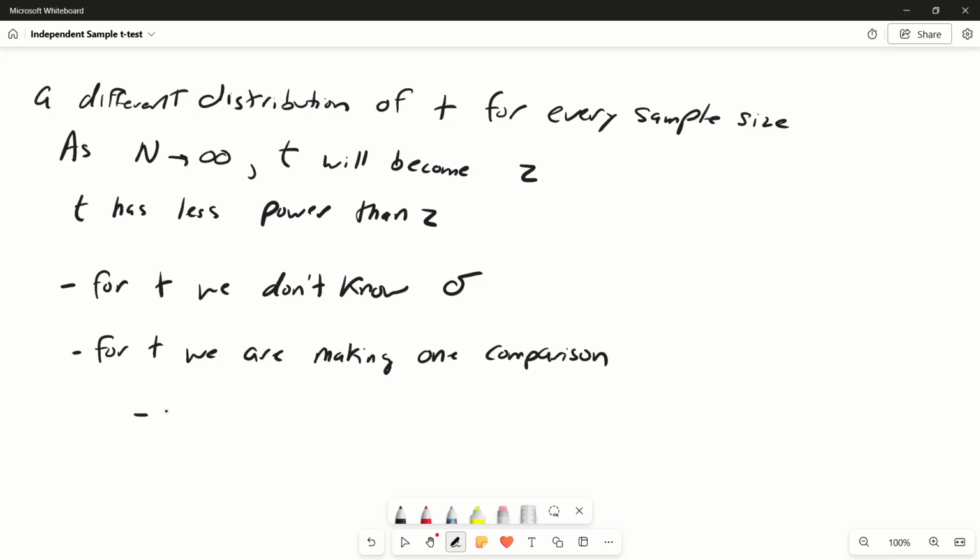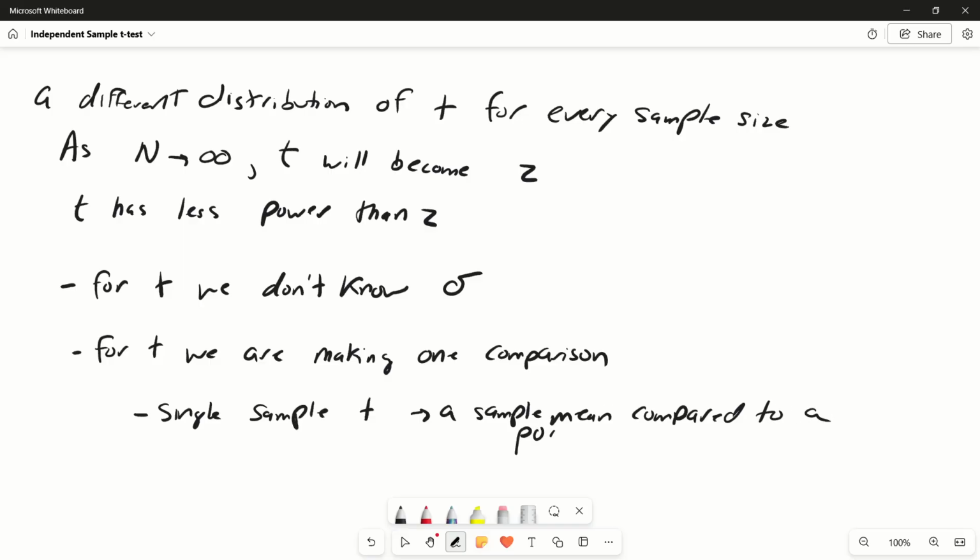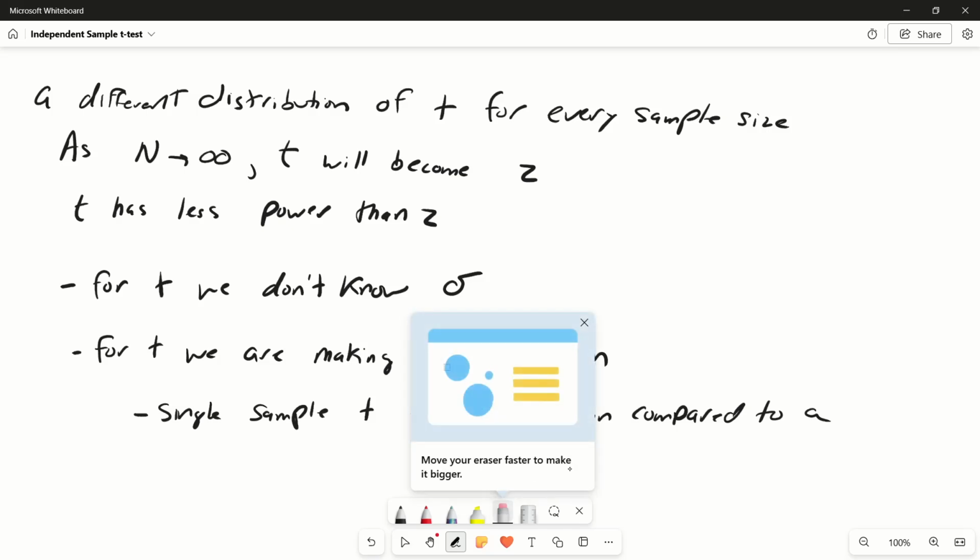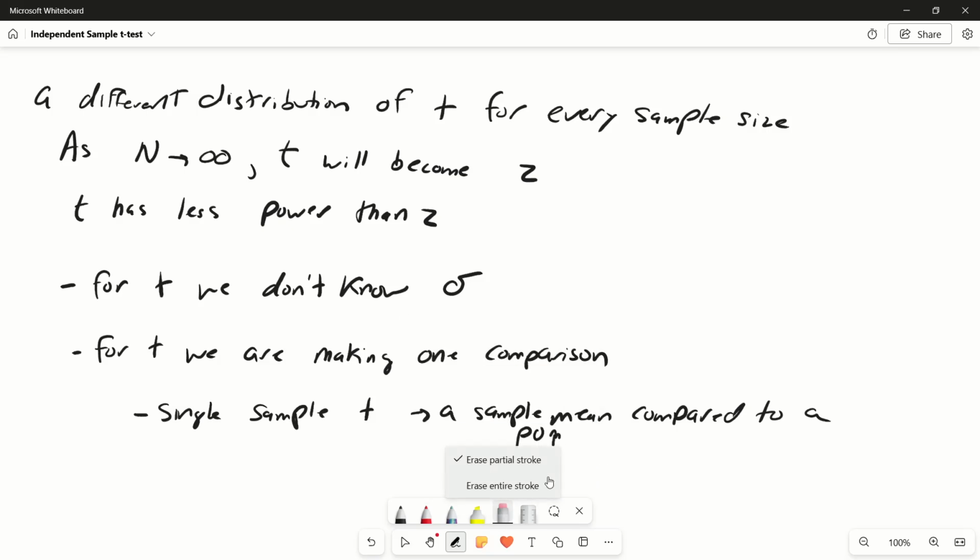So for the single sample, the one sample t, right? This is going to be a sample mean compared to the population mean. So you only have one comparison. That means you're only comparing two things, two groups, or two parameters or statistics to a population mean. So the one sample or the single sample t-test is a single sample mean compared to the